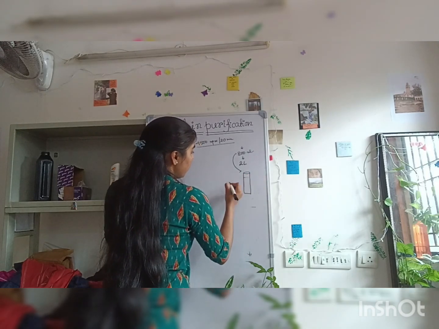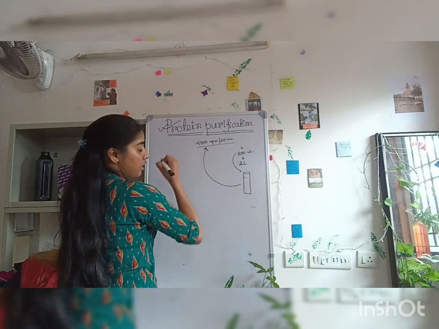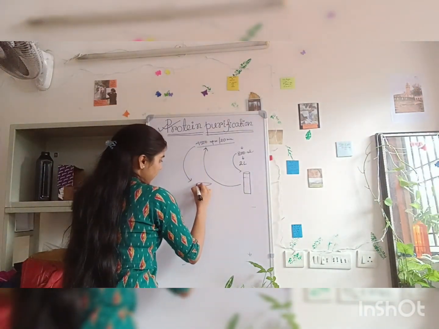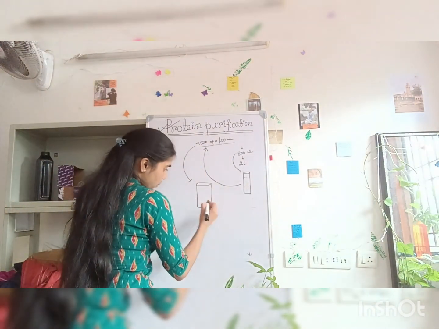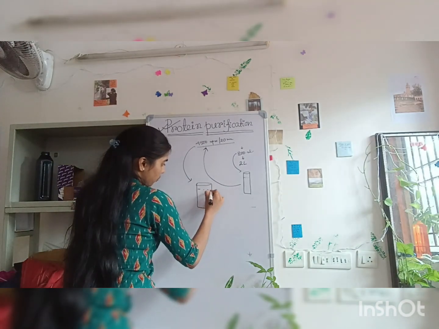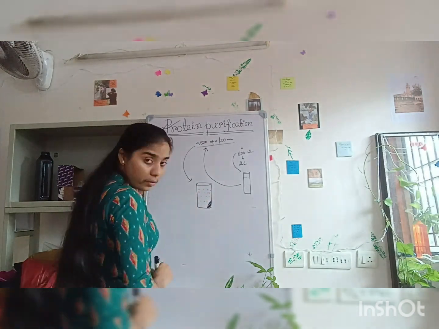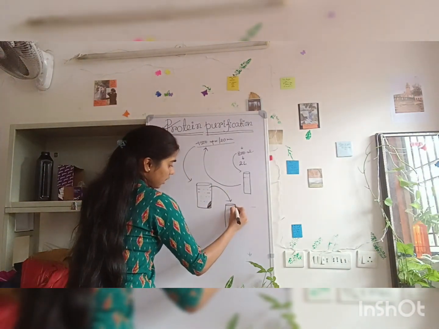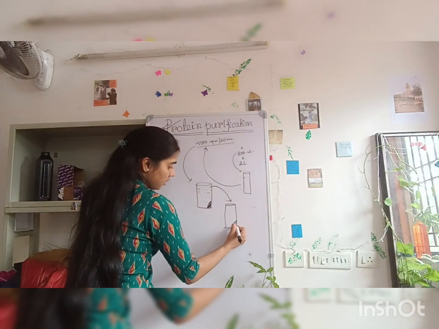Okay, and we generally put it for centrifugation. Now when it is centrifuged, how does it look? It will look like this. You have the pellet here, these are the bacterial cells, and you have the supernatant. What we generally do is decant this supernatant. Now you have only the pellet.